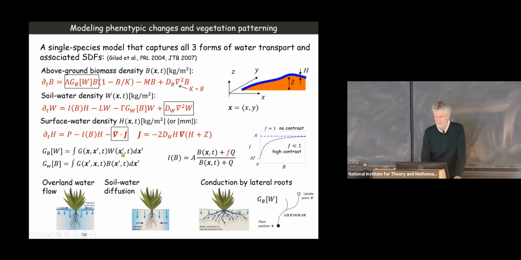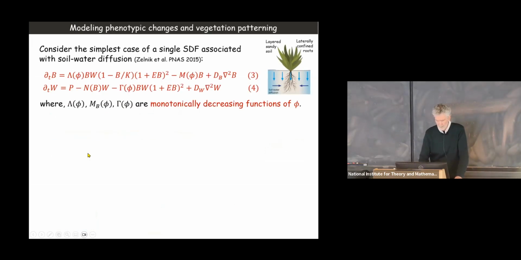And what it says is that the growth of plant at the point X depends on the availability of water at point X prime, which the roots of that plant extend to. And the roots architecture is captured by this kernel function. Okay, so now I want to